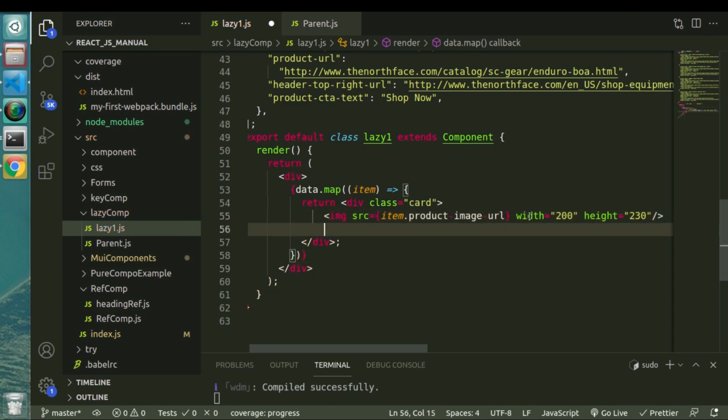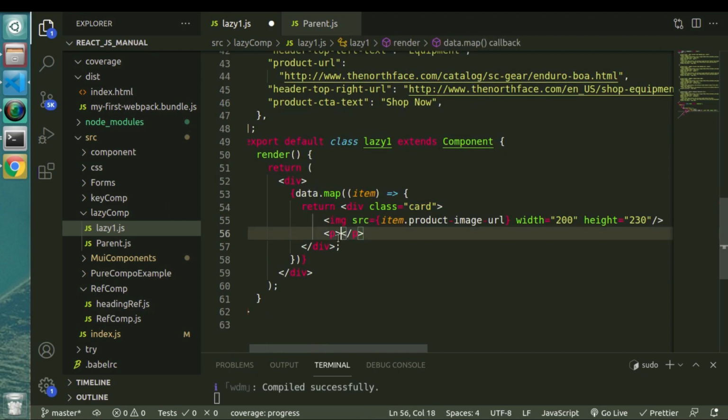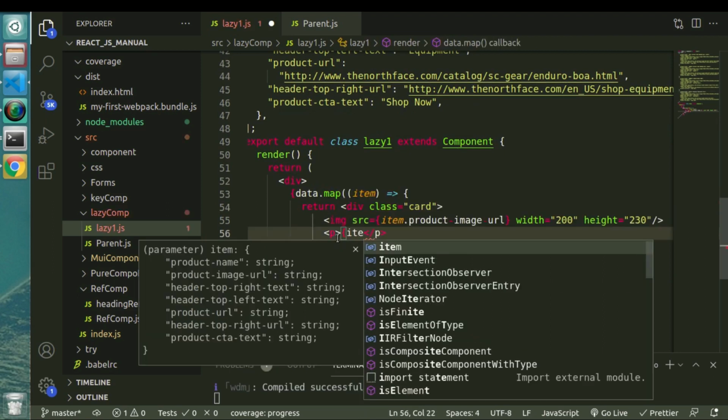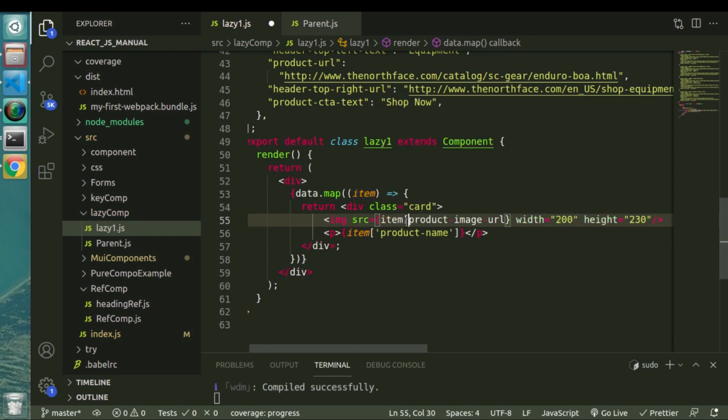Okay, and let's put a simple description, which will be the product name. Okay,